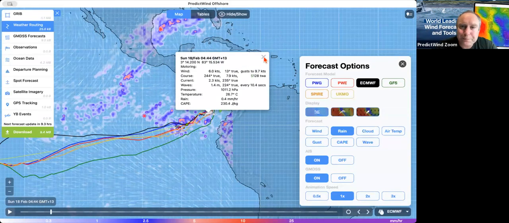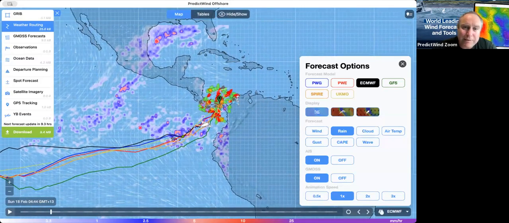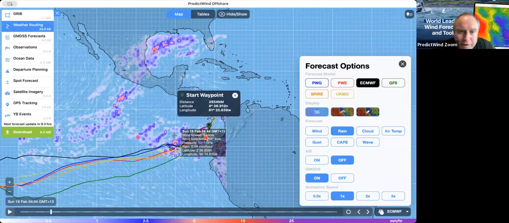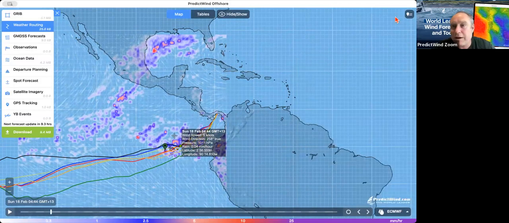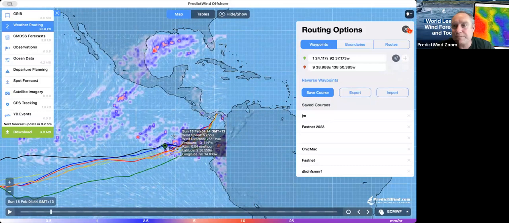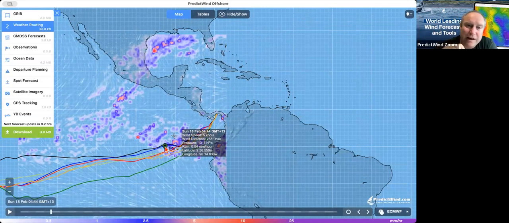So if I come over here and turn the AIS off because I'm trying to grab that and it's not letting me. Let's pretend we've sailed down here. Let's go up here and move that waypoint. Let's delete it. So that waypoint's gone now. Whatever reason, we've sailed to here somehow magically. But really important: each time you do a weather download, move your green start waypoint to where you are. As I said, if this is connected to an Iridium Go or a data hub, you can